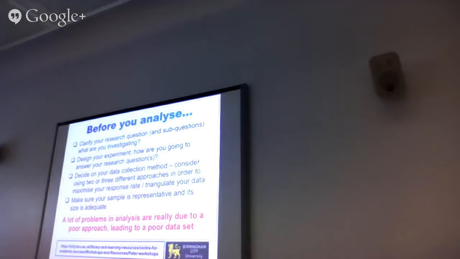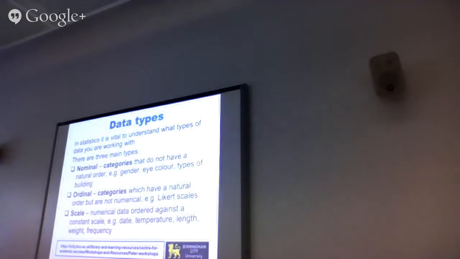So that's the problem in statistics. You don't know how big a sample to take if you don't know how big an effect you're looking for in the first place. But it's important to have good quality in your data. Data types, I think Maggie talked about that last week, so I don't need to go over that again. But what I will do is show you this